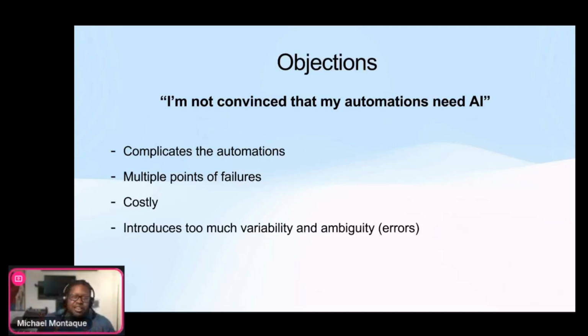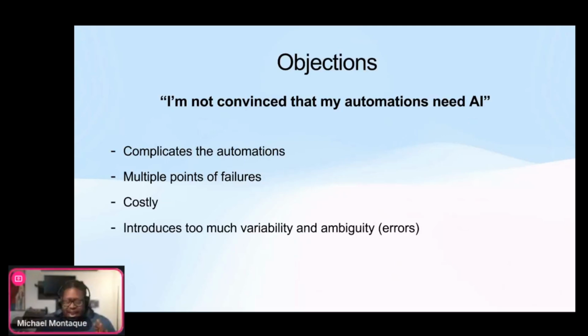It can be costly if you're using the really expensive models, or even if you want to set up yourself locally and use Ollama or any of the local models. It's costly. And then it does introduce variability, and that can be a pro and a con. But when you're dealing with structured maintenance or structured code, you want to reduce the variability, because you want something that's testable and easily reproducible and unambiguous.